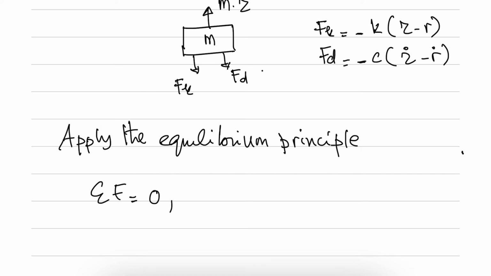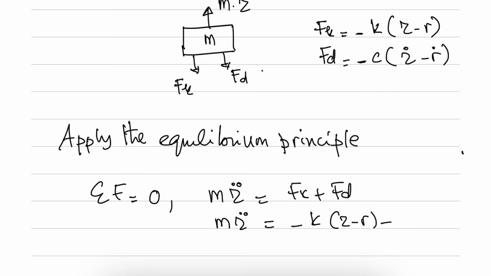In our case, the mass times z double dot must be equal to Fk plus Fd, or m z double dot is equal to minus k (z minus r) minus c (z dot minus r dot),